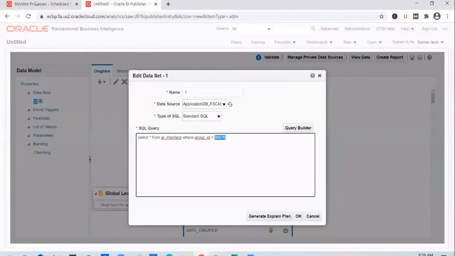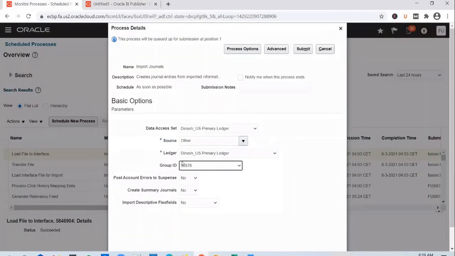So it's 98876. So you go ahead and kick off the job with that group ID. And you've got three parameters that you pass, which control how the journals need to be created. So we are passing an account combination here. As a technical consultant, you need not be aware of these three parameters. You can reach out to the functional consultant and ask what values you need to use for these three parameters. But let me explain how these parameters work.